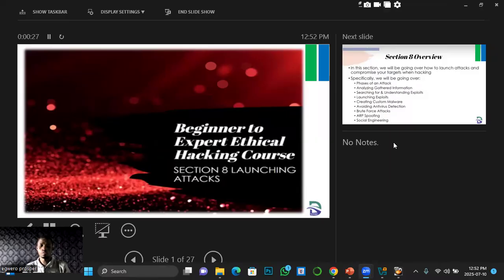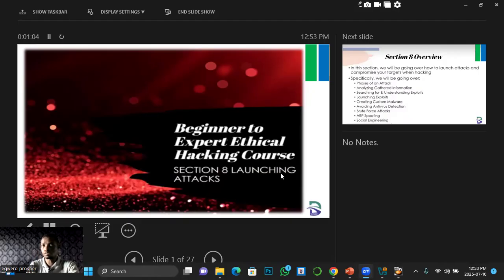So just to recap what we have done so far, I assume that we now understand various technologies or methods that are used for gathering information about the target machine you want to launch an attack on as an ethical hacker. So we are entering section 8. Remember, it means that we have successfully completed